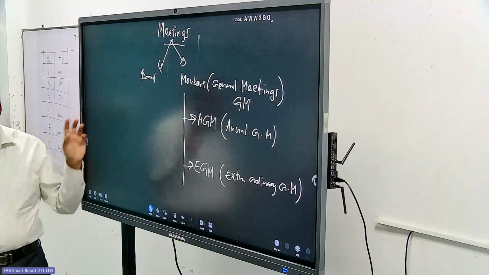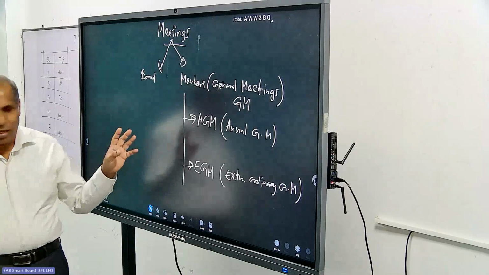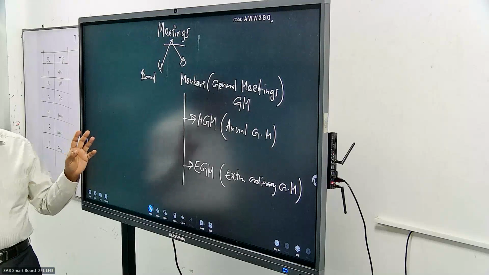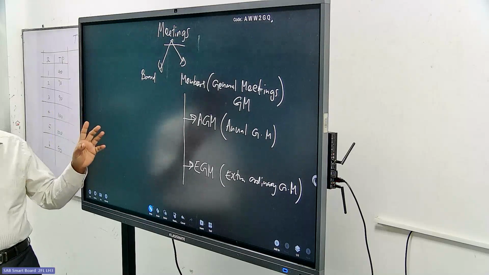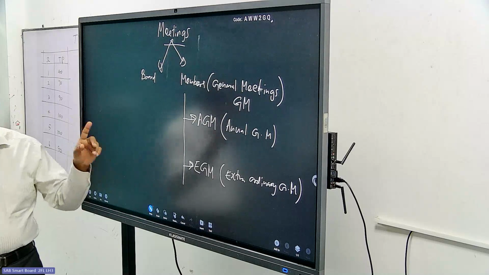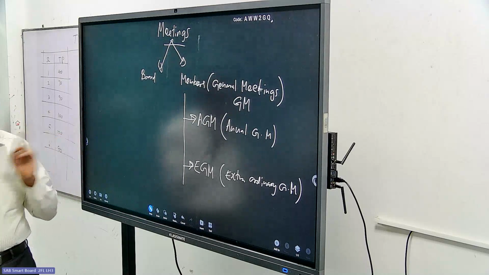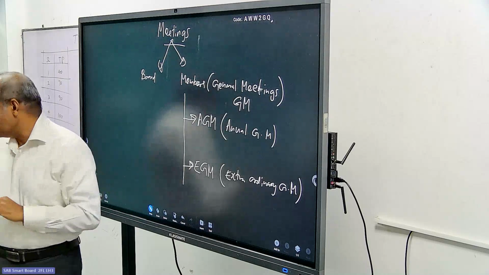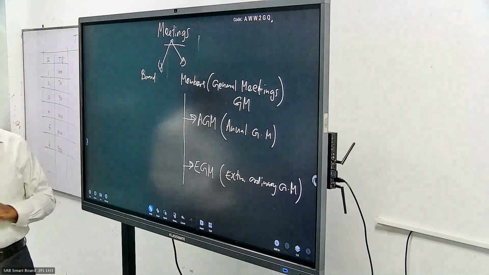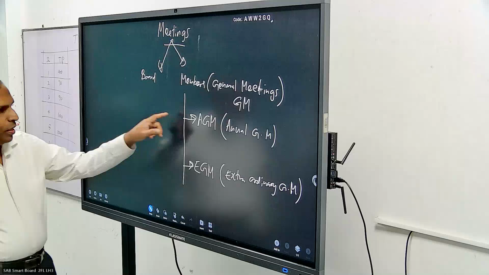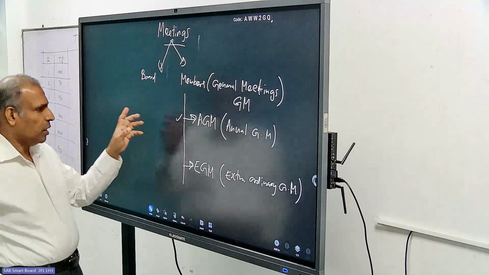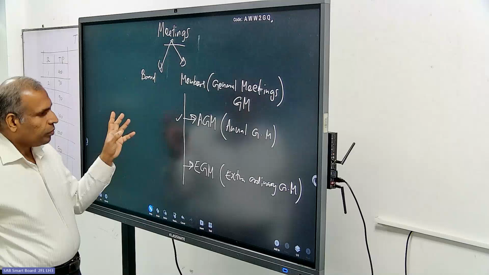Now, first we can consider the annual general meeting. Each company must hold an AGM, annual general meeting, once in each calendar year. Once in each calendar year. When we consider the duration of AGM,